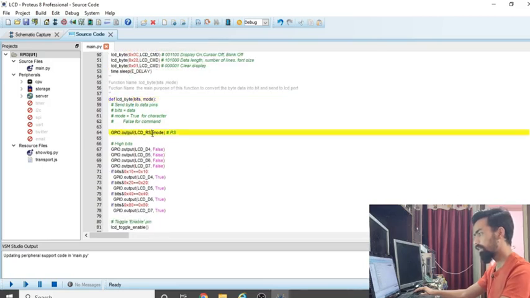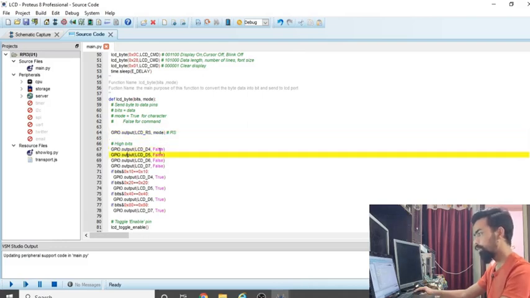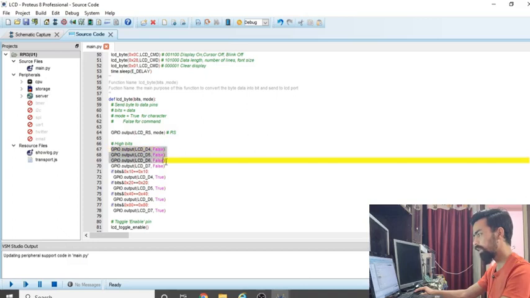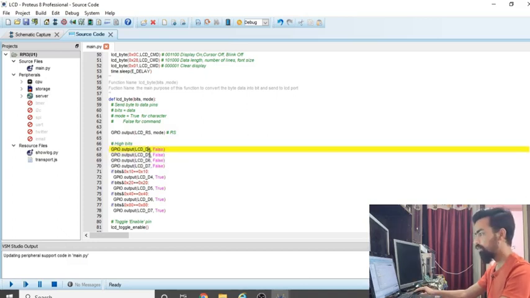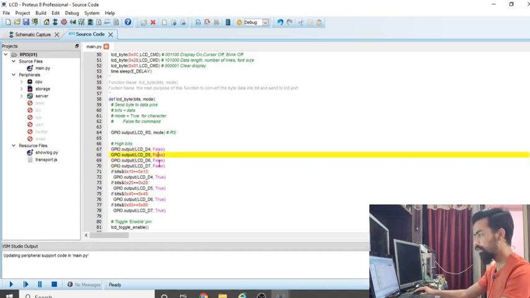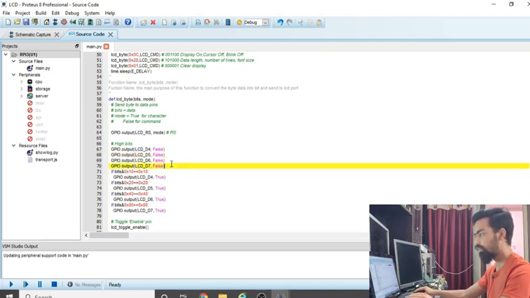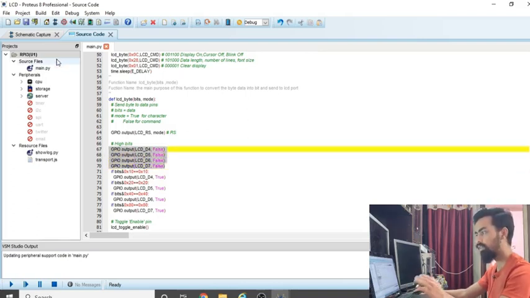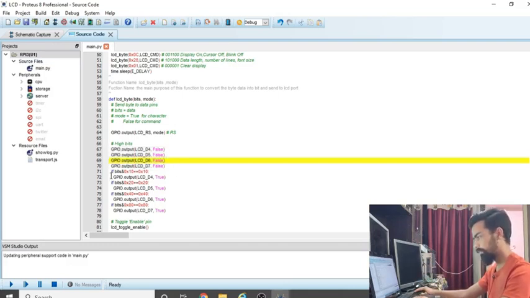The first part sets the command mode. Then with GPIO.output, all our 4 pins, D4, D5, D6, D7, should be set to False by default. This means a 0 signal is sent on LCD D4, D5, D6, D7 by default.